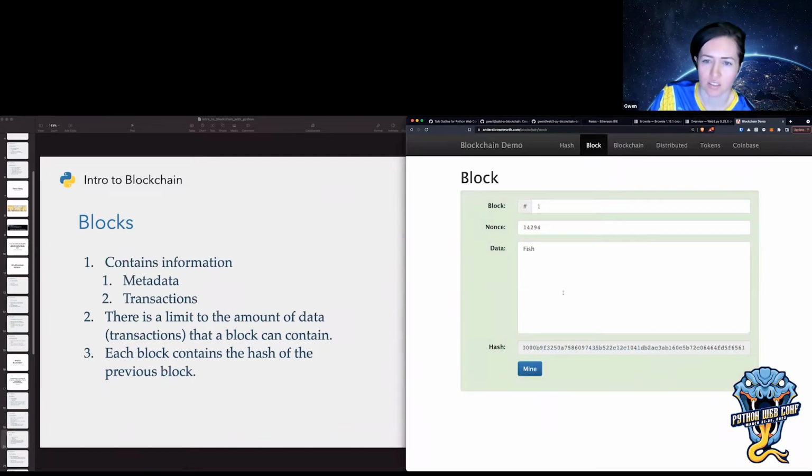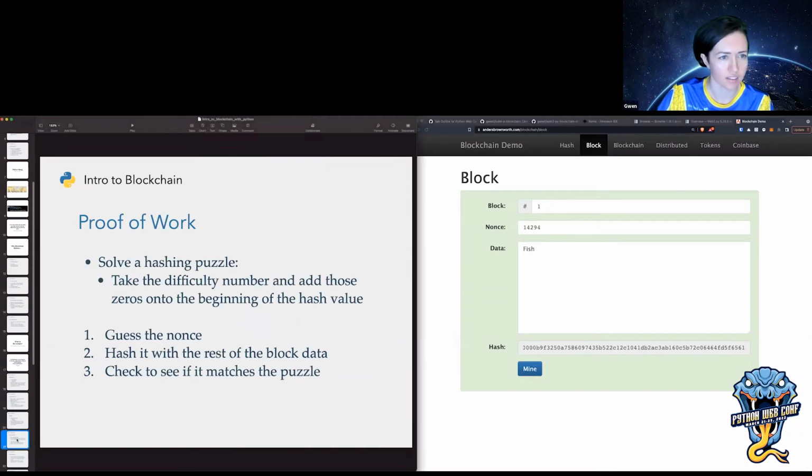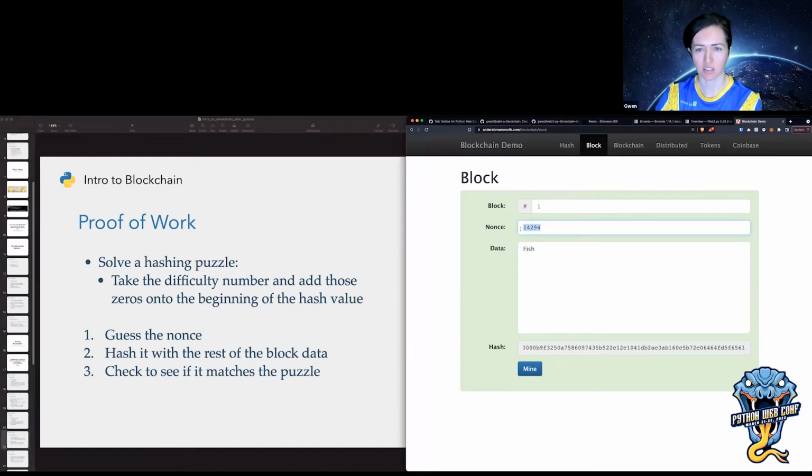So I don't want to get too detailed about mining, because I actually have a definition. Yeah, so it basically relates to something if you know proof of work. So I just want to give you a basic overview of what it is. Basically, you have to solve a computationally expensive puzzle. And the puzzle is that you have to guess this nonce number given some stipulations.